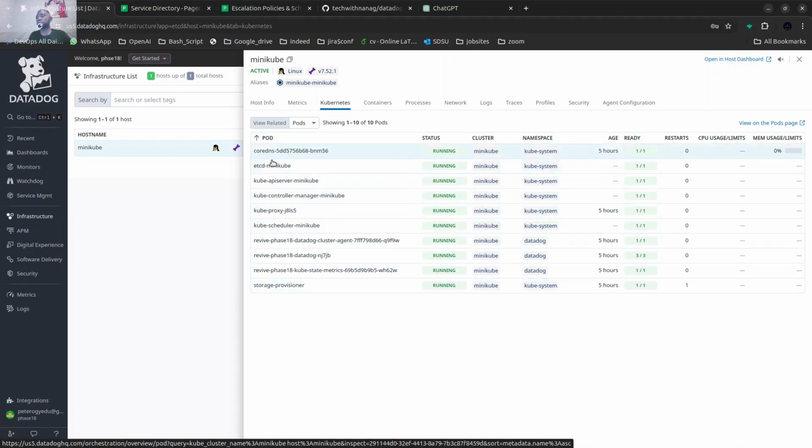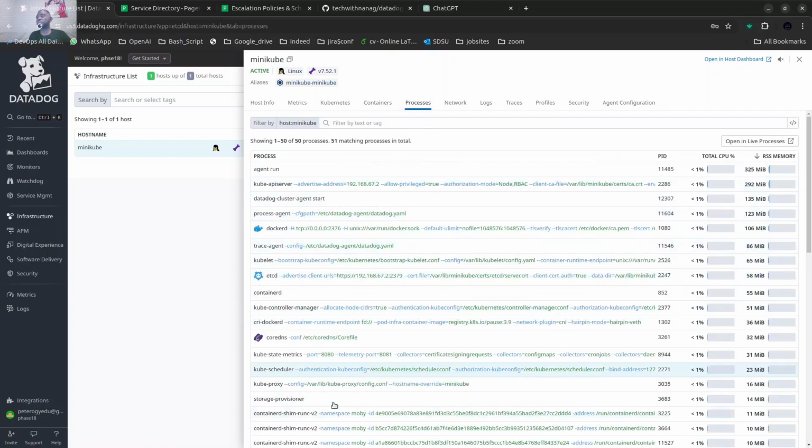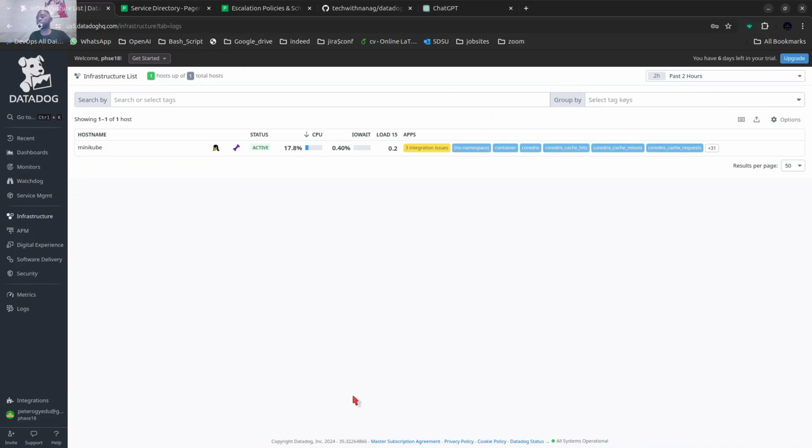components, as we can see here. We also have containers on our cluster as shown here. We also enabled processes, so we can see the processes showing up. We also have logs, so all the logs are showing up. So today what we want to do here is we want to